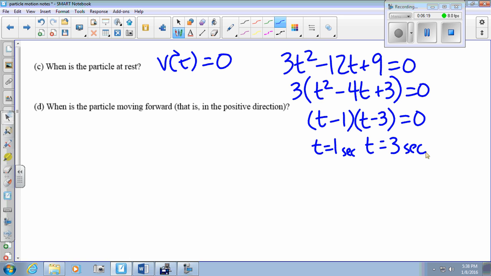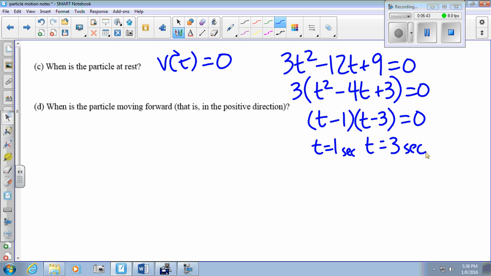Okay. Now the next part says, when is the particle moving forward? That is in the positive direction. When your velocity is positive, your particle is moving to the right, or if we were talking about a vertical situation, your particle would be moving up. If your velocity is negative, your particle moves either left or down, depending if you're working on a horizontal axis